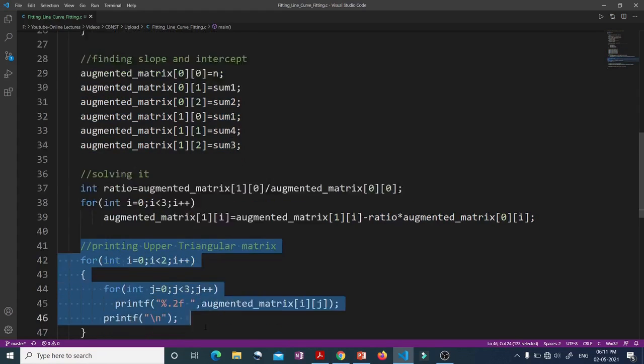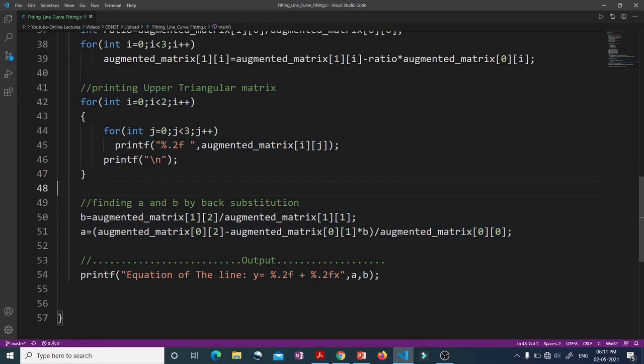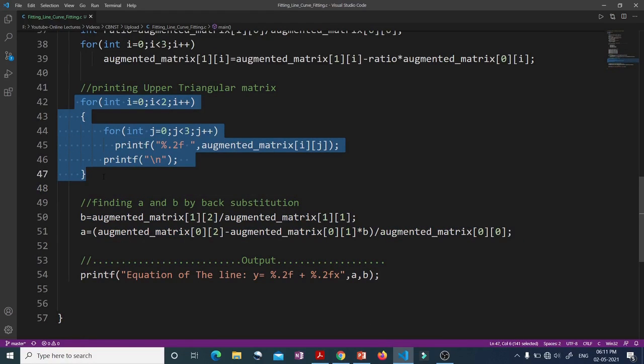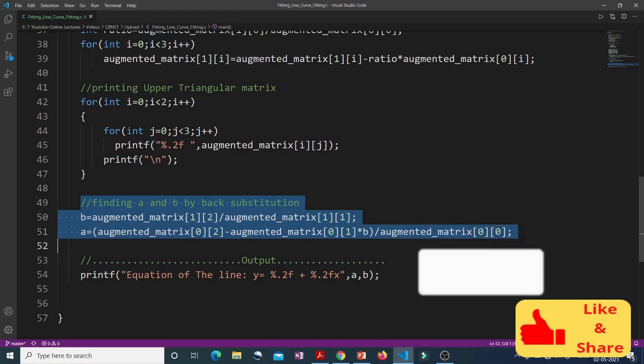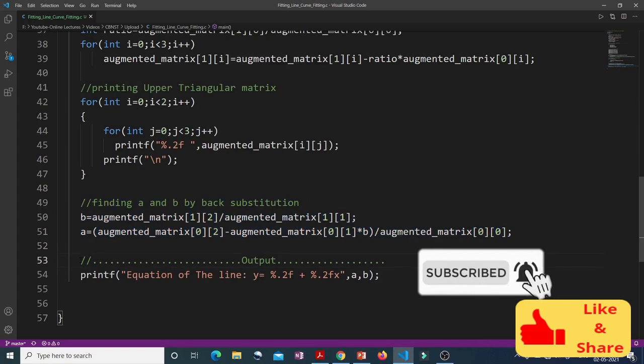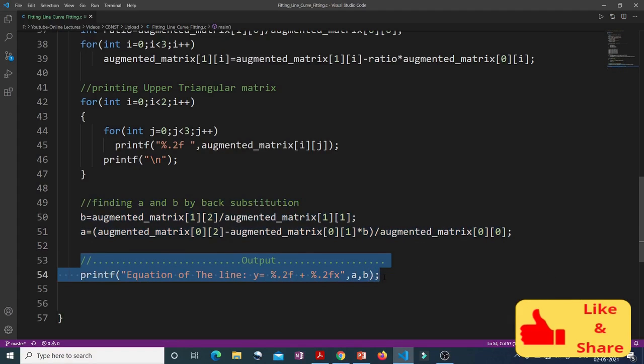After that, we have just printed that upper triangular matrix. This is optional, you can print it just for your understanding. After that, we have applied the back substitution method, as we have discussed, to find the values of A and B. And finally, we have printed the equation of the line using those A and B values.